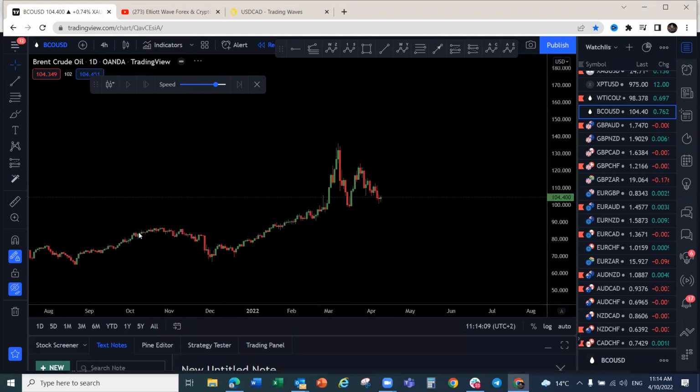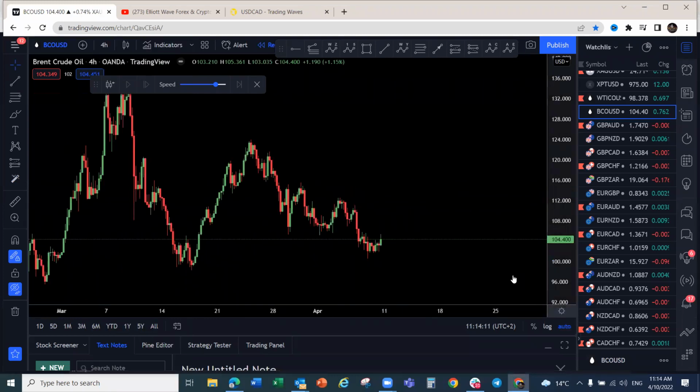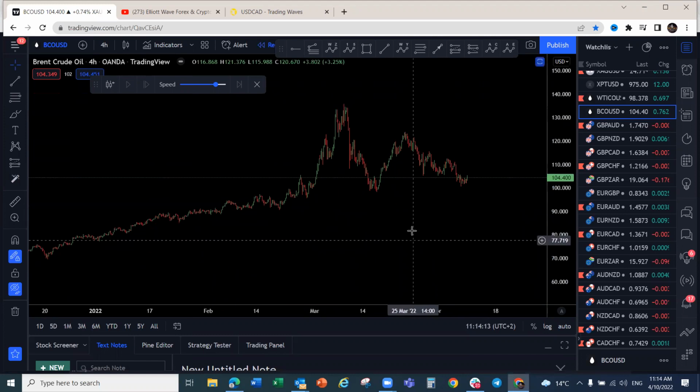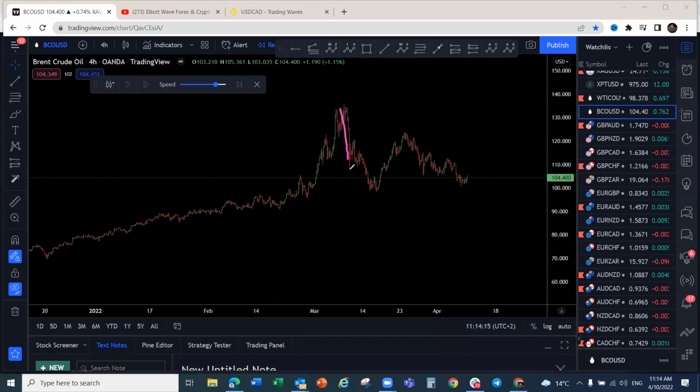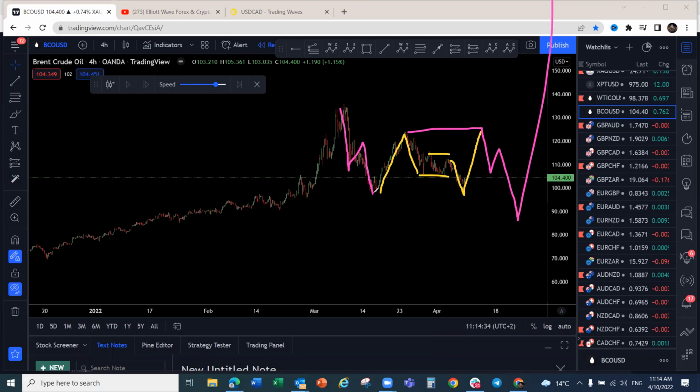So if I go to the 4 hour on oil, you can see that we started with the 3 waves down here. And what is happening here on oil is that we've got a pulsing move. We've got what looks like a corrective structure here in 3. So oil can come and take the low here, come back up here. We can have then this structure. But remember, this is all just speculation at this time. We're looking at the cycle to play it like that. There are a number of ways that this can play out. Instead of this, oil can just continue to push to the downside